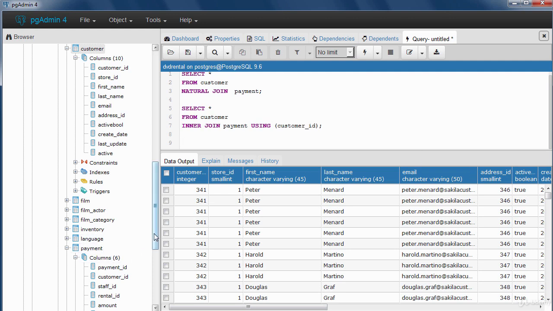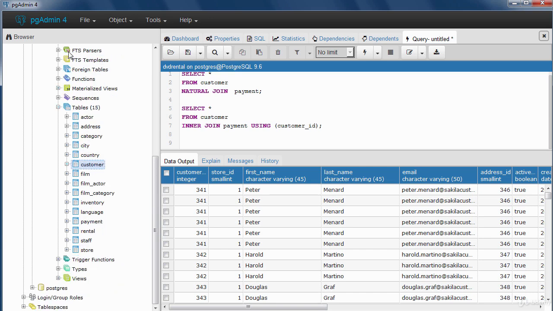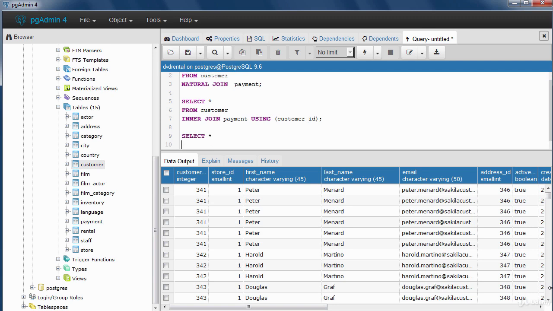So I'm going to pick two other tables here. I'm going to use the city table and the country table. I'm going to perform a natural join and you'll see what I mean by unexpected result. So I'll start with a select statement. I'll do a select star from city, which is the city table here, and I'm going to do a natural join